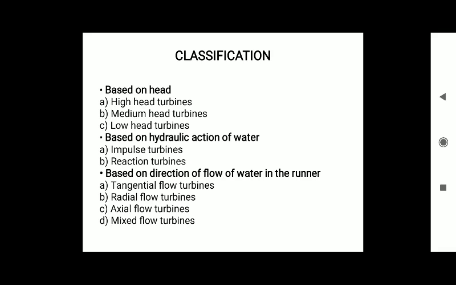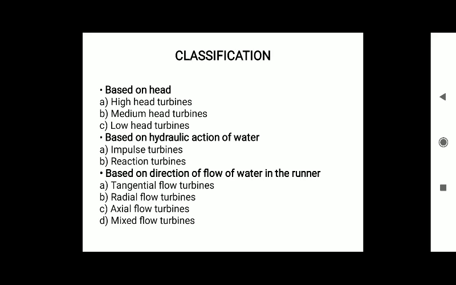The third category is low head turbines. What are low head turbines? Obviously, by name, as I already said, from the name we can get what they might be defined as. Low head turbines are turbines having a head of less than 30 meters. For medium head turbines, it's 60 to 250 meters, and for high head turbines, it is more than 250 meters.